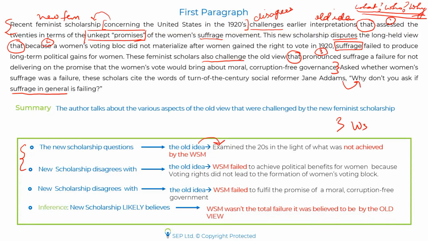Ishwar, you don't have to write down, honestly. I'm not really a big fan of making too many notes. In fact, in the exam, I would just write one or two phrases here. I would just keep saying, okay, new scholarship doesn't agree with the old, doesn't agree with the old, doesn't agree with the old. So perhaps in the exam, Ishwar, I would write maximum this part and this part, nothing else. Okay? Noting down too many things takes away your concentration.